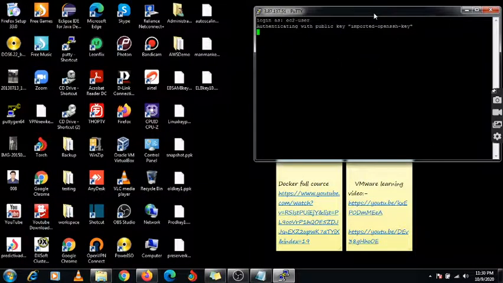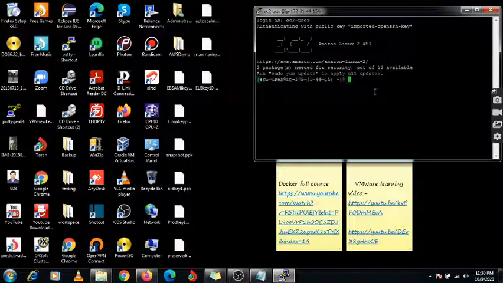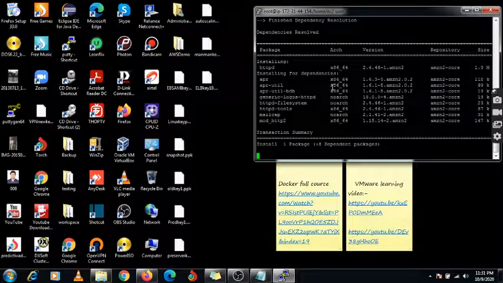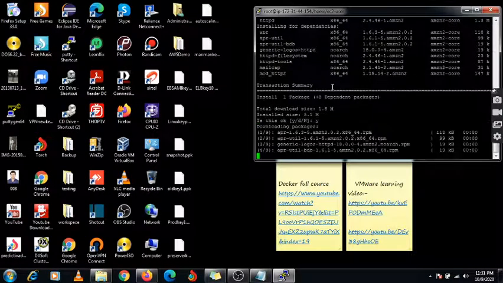Now one machine is created. Under that, I'm going to install the HTTP software, httpd, using the yum utility, and we will create one page.